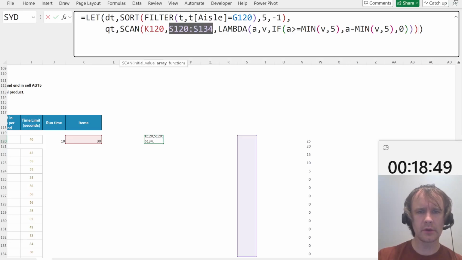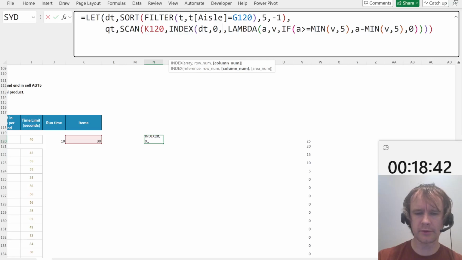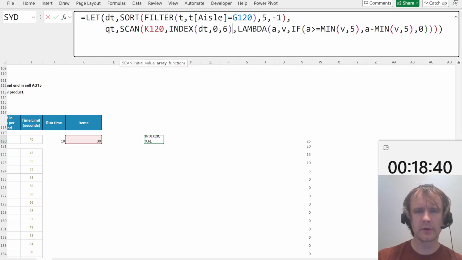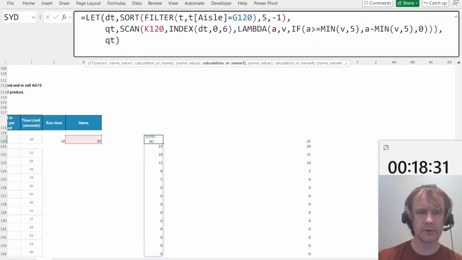Scan this and index dt. The row number is 0 and the column number was, I think, 6. And that all stays the same. And we'll return Qt. Okay, and then what I want to return is,